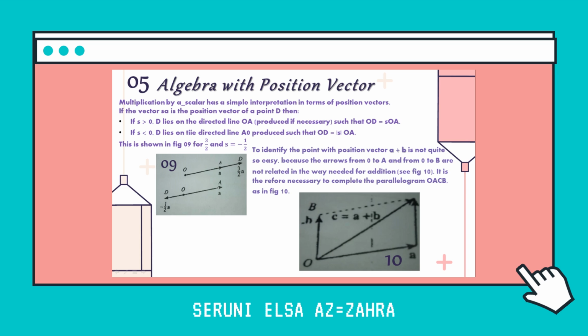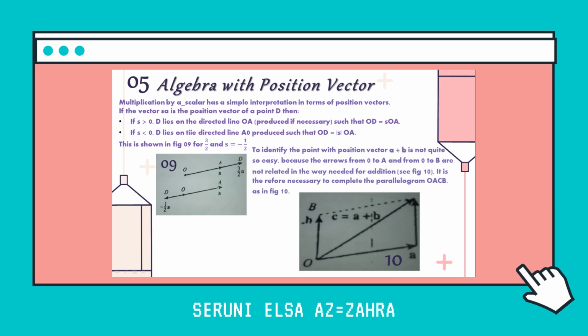If s is less than 0, D lies on the directed line AO produced such that OD equals s times OA. This is shown in figure 9 for s equals 3/2 and